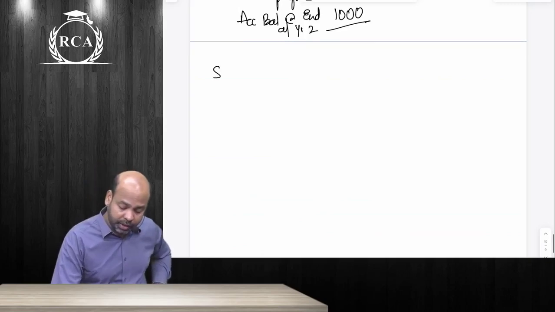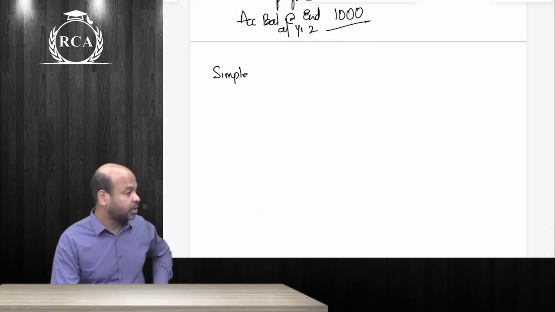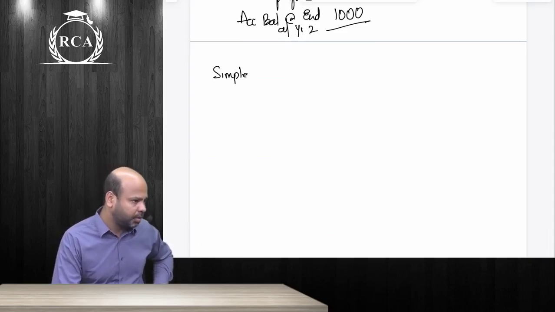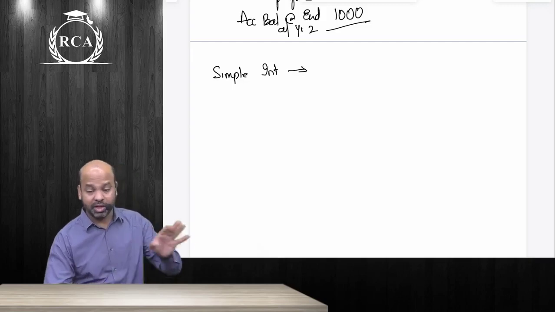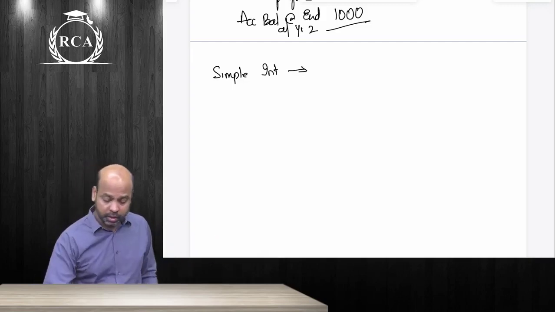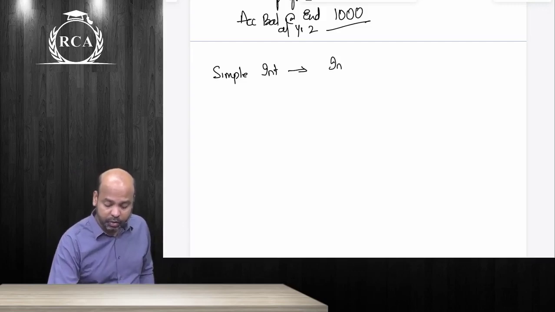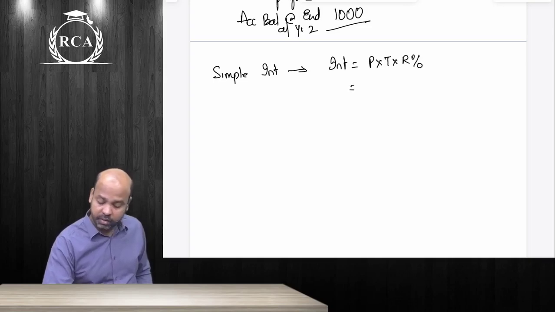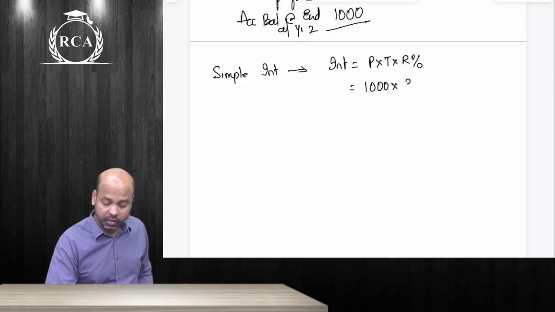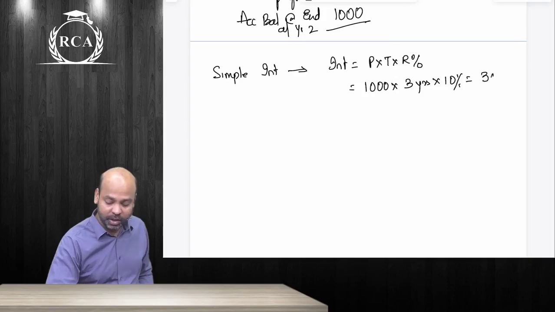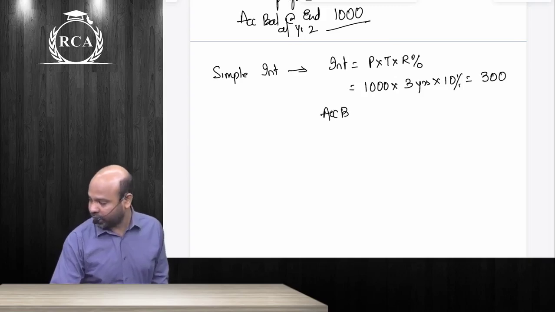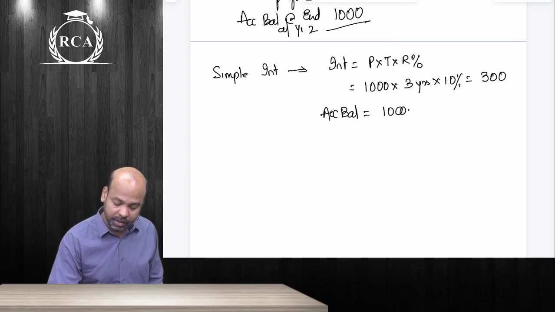Now beta next. So under compound interest beta, एक second सुन लो. Understood all the three cases, guys? For me, that reinvestment part is only important, guys, nothing else, because that will determine a lot of concepts later in debt valuation. You should know whether there is reinvestment opportunity or not. Under simple interest beta, to compute interest component, the formula is what, guys? Directly principal into time period into rate of interest. So in our example beta, it was 1000 rupees beta into 3 years into 10%. The total amount beta was 300. Once you get that beta, your accumulated balance will become 1000 plus 300, that is 1300.